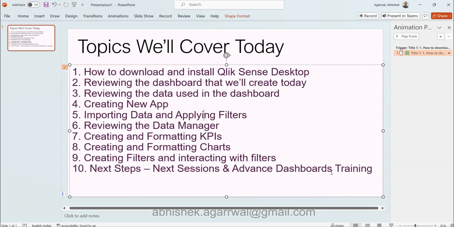And these are some of the very highly appreciated dashboards from other communities like the Tableau community and Power BI community. I have done a lot of research,